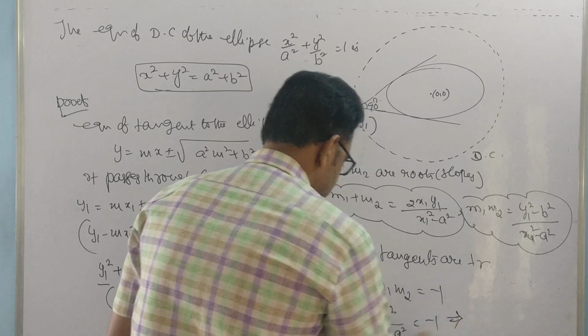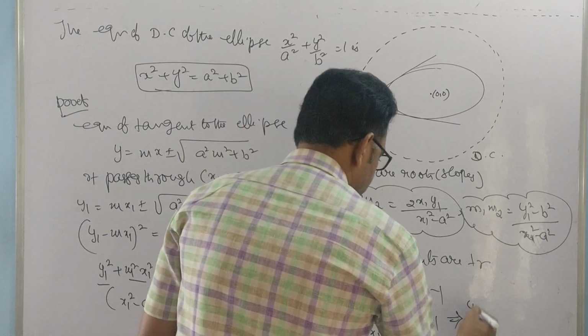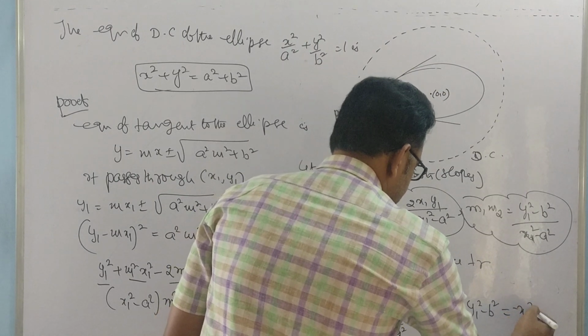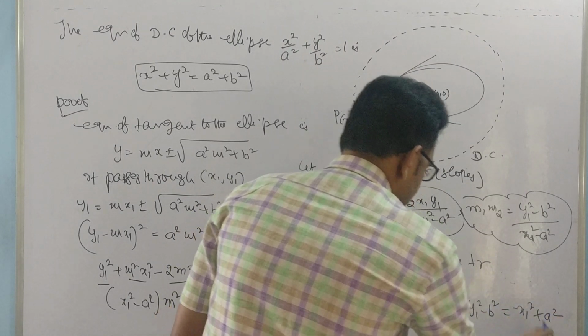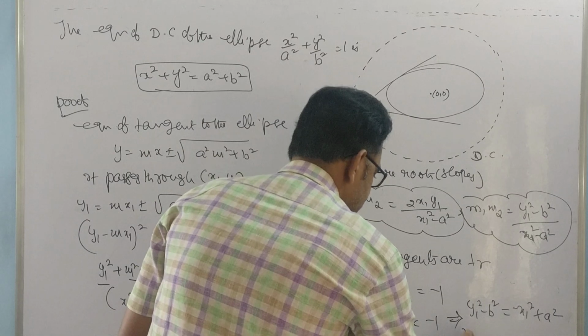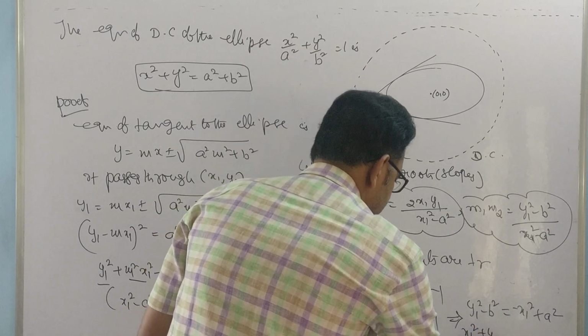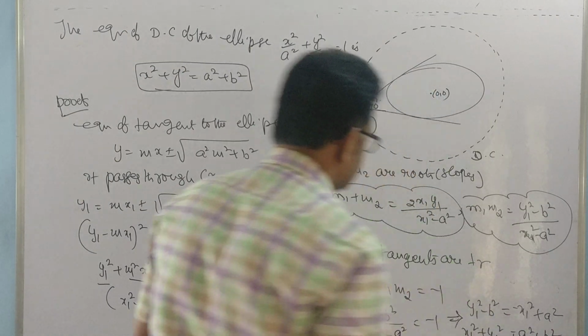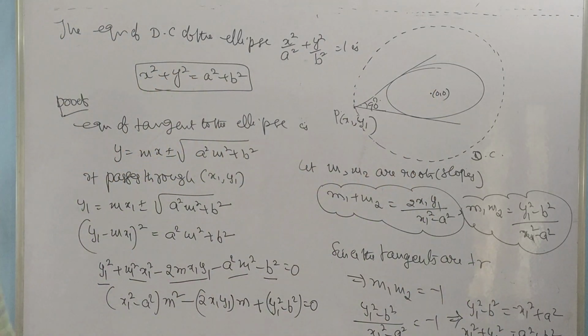By cross multiplication, y1 square minus b square is equal to minus x1 square plus a square. So x1 square plus y1 square is equal to a square plus b square. Therefore, the locus of the point x1 comma y1 is